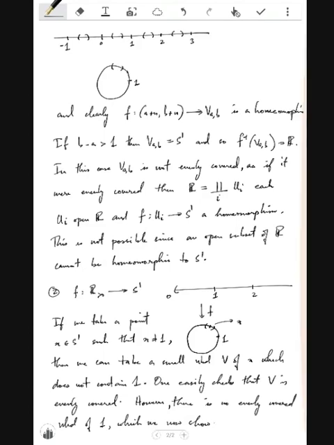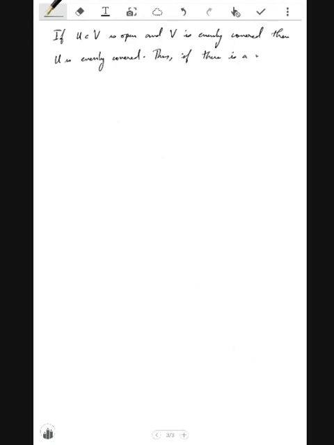So for this, notice that if U contained in V is open and V is evenly covered, then U is evenly covered. Thus, if there is a neighborhood of 1 which is evenly covered,